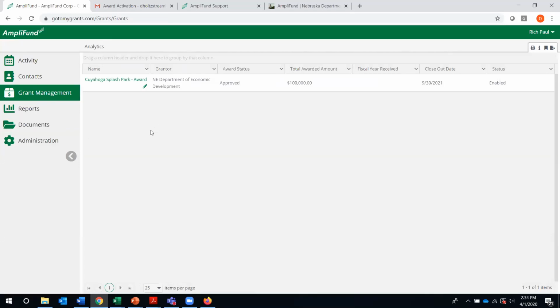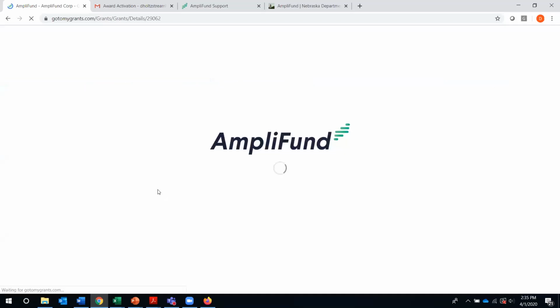So when you look at your award, you'll see the name of the award as it's been given to you. You'll see some basic details of the funding source. You'll see the total awarded amount and some other basic information regarding your awards. Again, I'm not using any one specific award. This is a test account and a test award that I've created to replicate and to show what this is